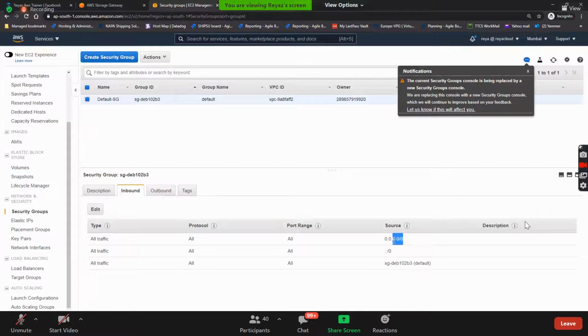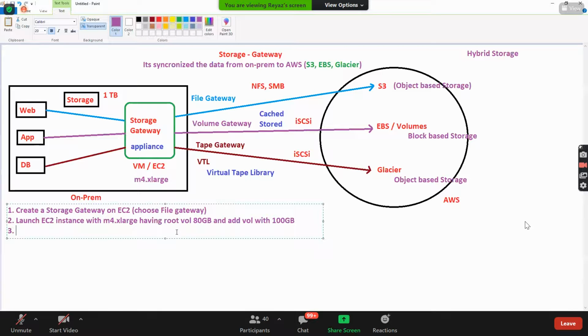But for now, we'll just go with anywhere, because in real time, you need to enable port number 2049. But for now, let's go with all traffic for the default security group. Guys, this is temporary, okay? You enable it temporarily.